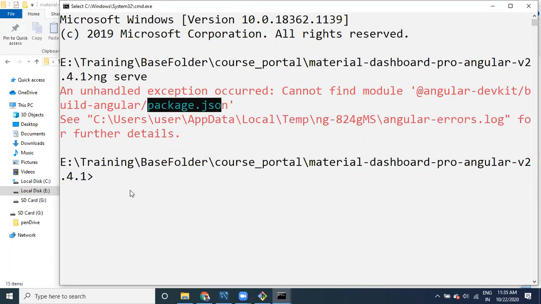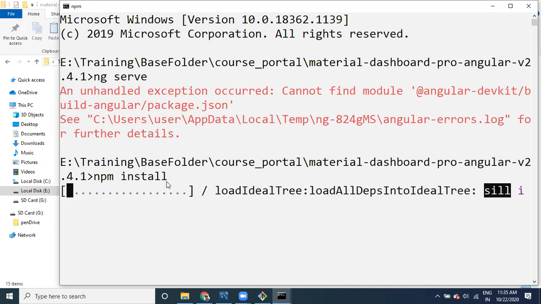So what you can do is run npm install once after getting the code. Then it has to install all the things required, because we are not going to keep everything in the remote repository.